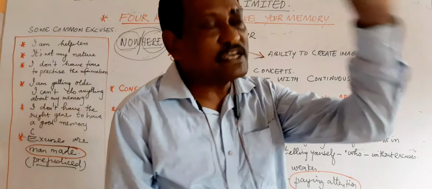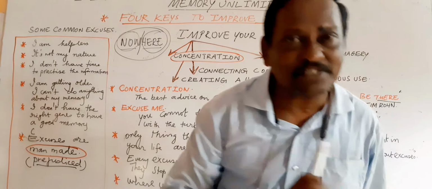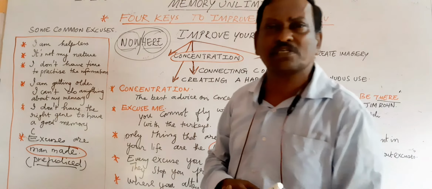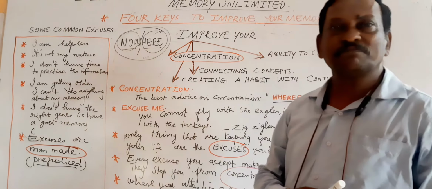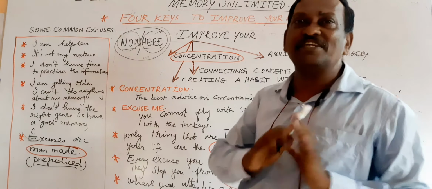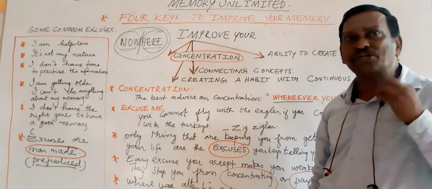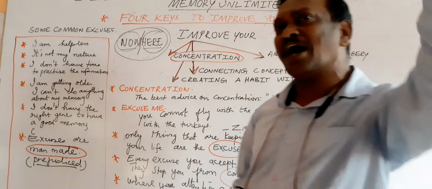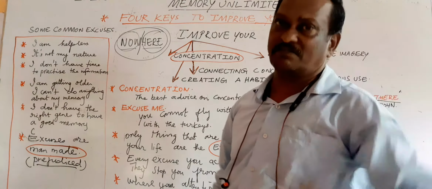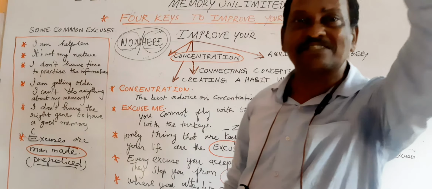But if the eagle starts coming down to the ground and spends its time with the turkey, scratching the ground looking for some small worms, it would lose its identity. So remember your strength. Remember your identity. Your identity should be like that of an eagle. And your aim is to fly higher and higher and achieve great heights of success. Your aim should be to fly higher and higher and taste success.